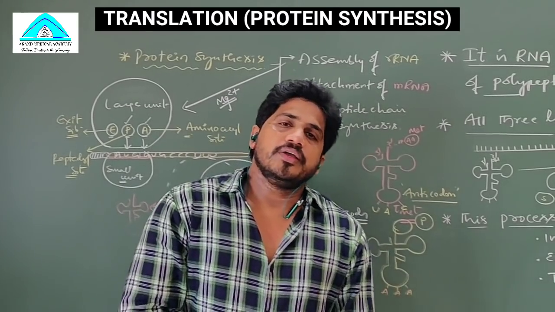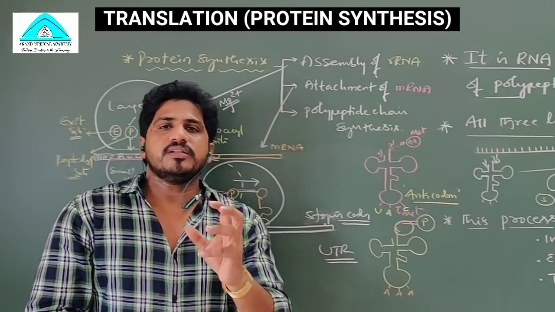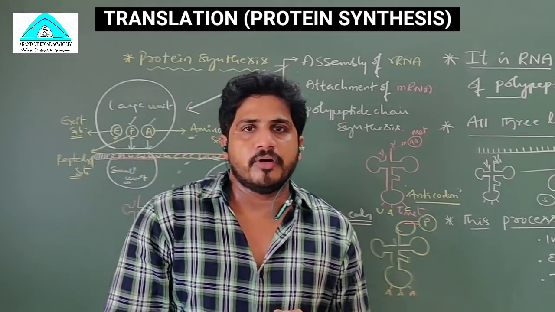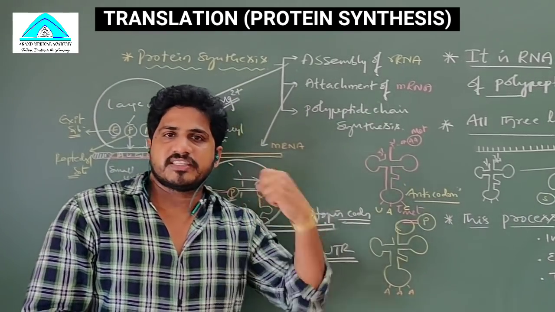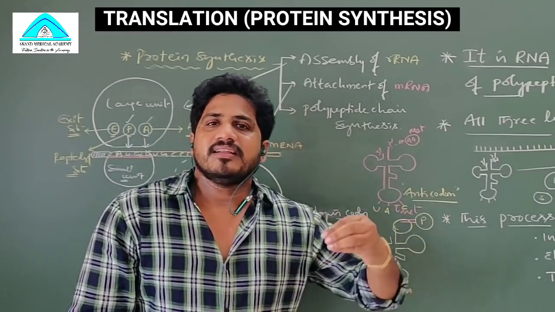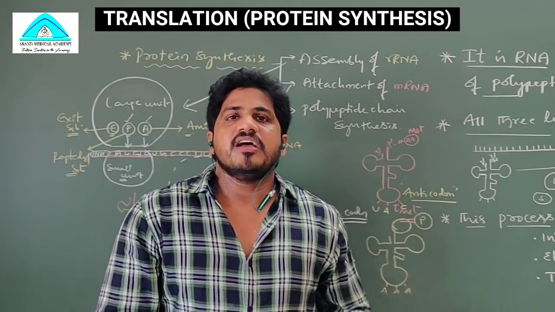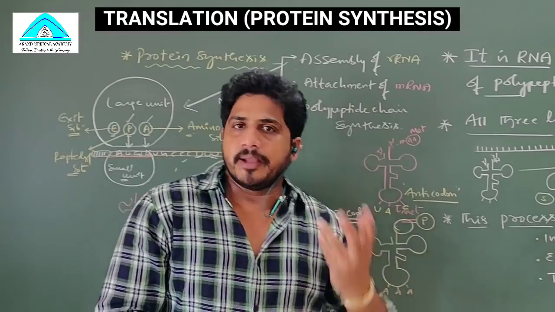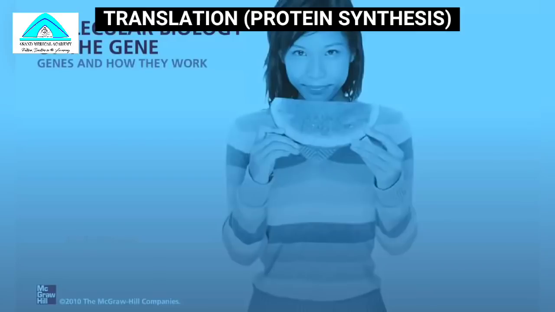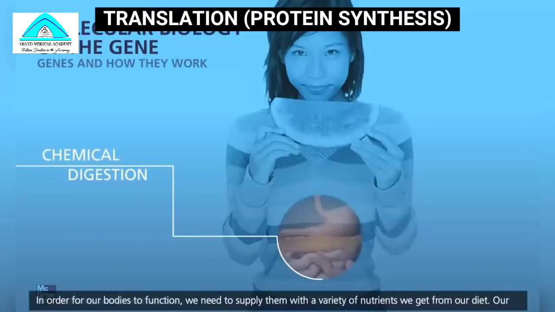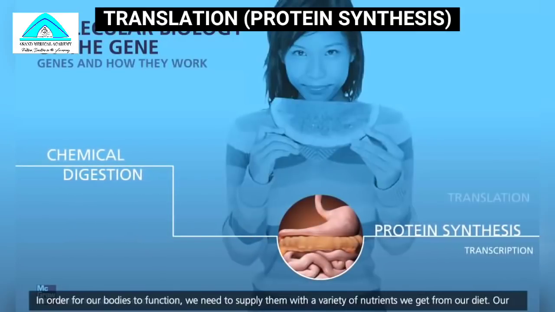In this video, you have to understand how, once the proteins are digested in our body, they become amino acids. Such amino acids reach our cells by blood. Then there are inactive amino acids. How are these inactive amino acids becoming protein by the process of translation? Let us see. In order for our bodies to function, we need to supply them with a variety of